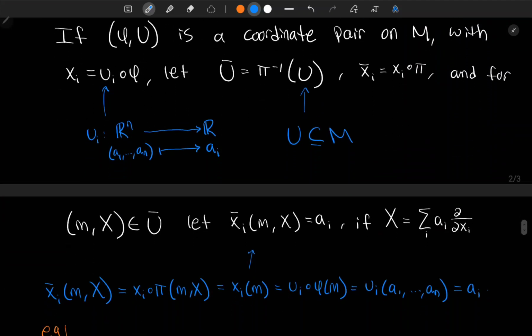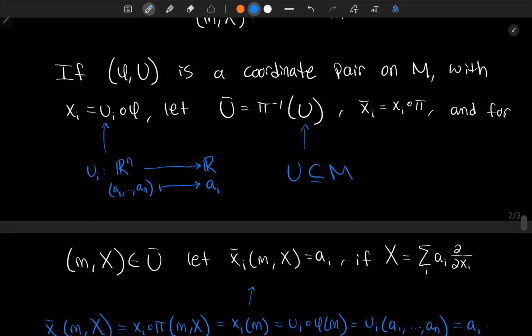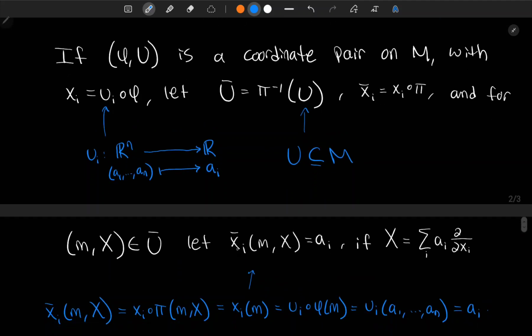So taking some element of U bar, we have (m, X) in U bar, where (m, X) is some element of the tangent bundle. We let x_i bar acting on (m, X) equal a_i, assuming that X, the vector, is written in the standard basis of